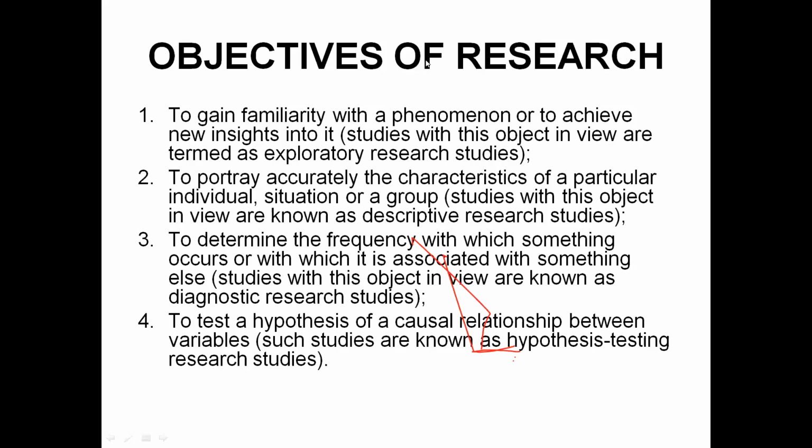If you increase the advertisement, definitely sales will increase. If you decrease the advertisement, definitely sales will come down. So it means sales is dependent on advertisement. That's why sales is the dependent variable, whereas advertisement is the independent variable, because advertisement is not dependent on any other variable or any other factor. It moves up or it goes down according to its wish, or the person who manipulates it. Is it not?